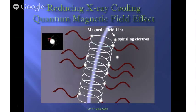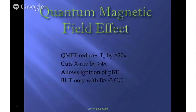Now, how are we going to deal with Bremsstrahlung? Because Bremsstrahlung is going to be cooling this. The effect that comes to our aid is this quantum magnetic field effect. I hope I have time to describe it very briefly. Basically what happens is any electron,